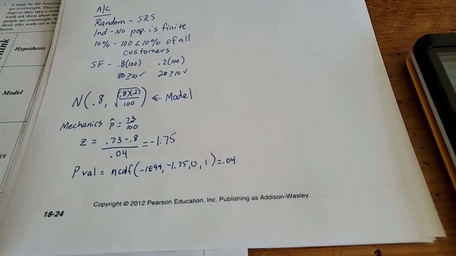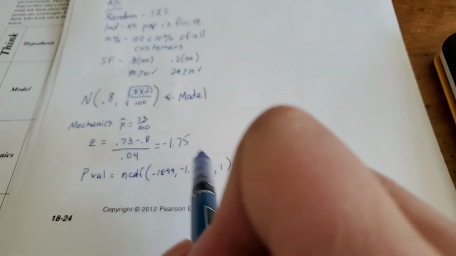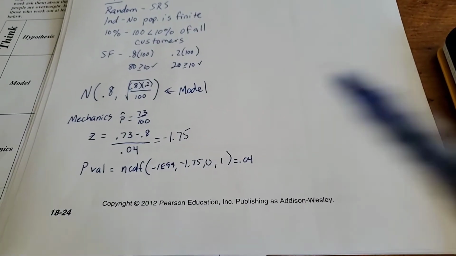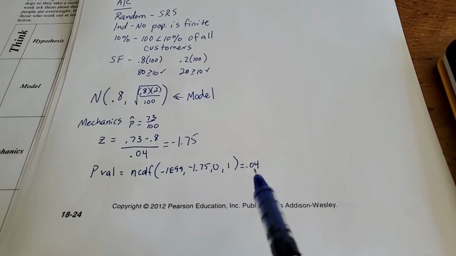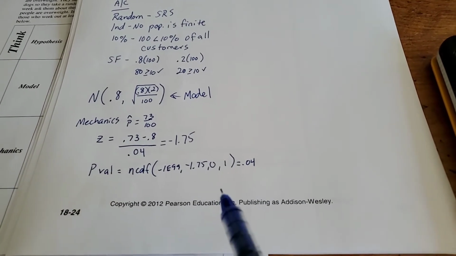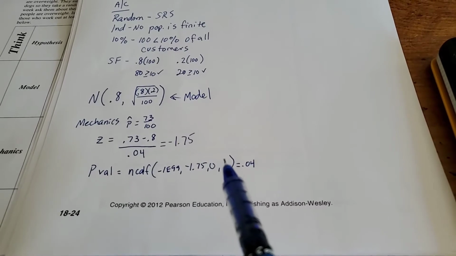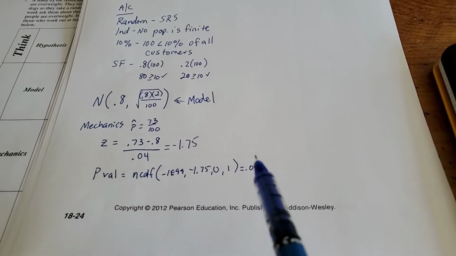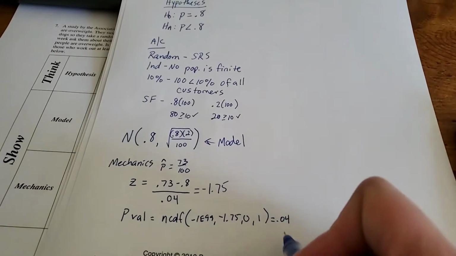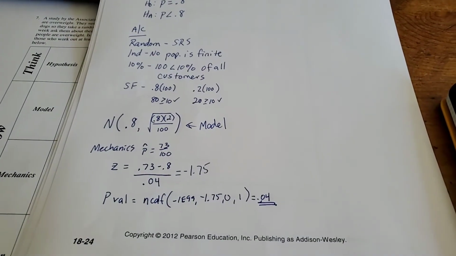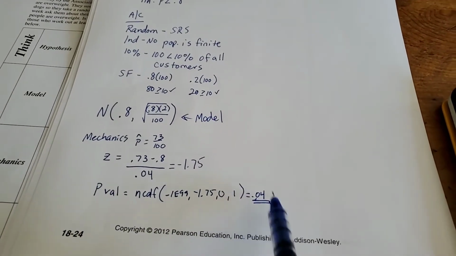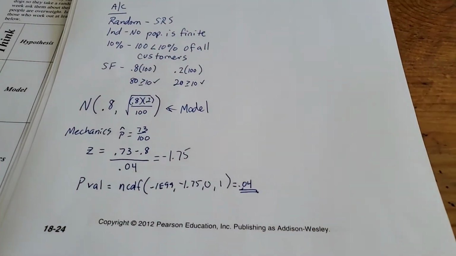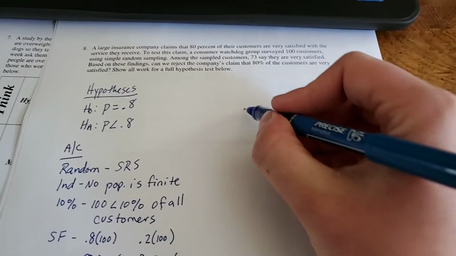Okay, so this is an interesting one because we have things that contradict each other. Normally if my z-score is within 2 standard deviations, I'm okay. But if my p-value is less than 0.05, I'm not. So we have contradicting things happening here. This is why I'm going to tell you to start relying on the p-value. In actual statistics used in the real world, the p-value is way more important than the actual test statistic. Okay, so for my conclusion, which is my last part,